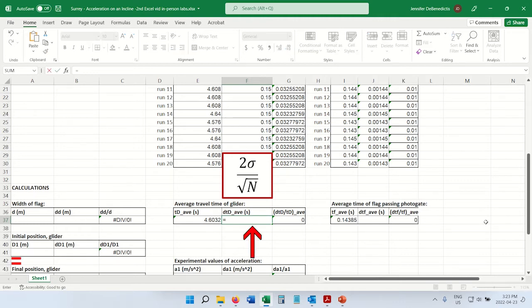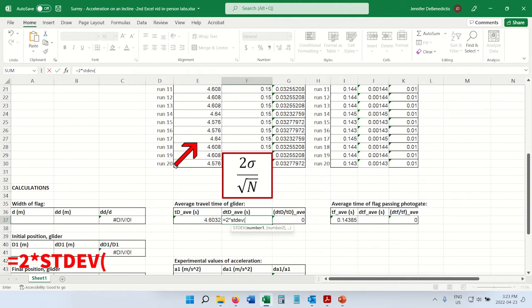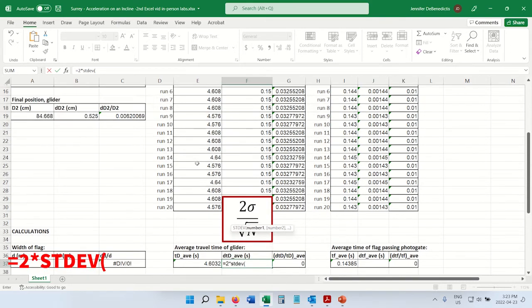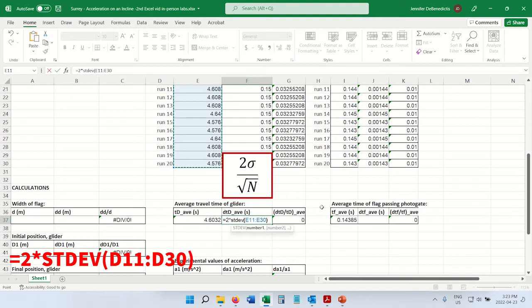So I type in equal sign 2 times, and now the sigma symbol is standard deviation, so STDEV to get Excel to calculate the standard deviation. Open the brackets, and here inside the brackets I want to put my data. So not the uncertainties, but the data, because the standard deviation is a measure of how much the data values vary relative to one another. So I scroll back up, and I select all of my data again, come back down, close the bracket on the standard deviation, and now I want to divide by the square root of the number of data values that I have. So SQRT for the square root, open the brackets, and N is going to be 20 because I have 20 runs,